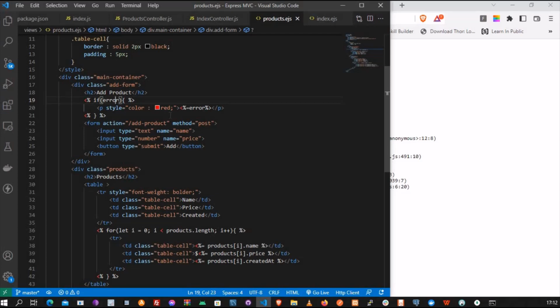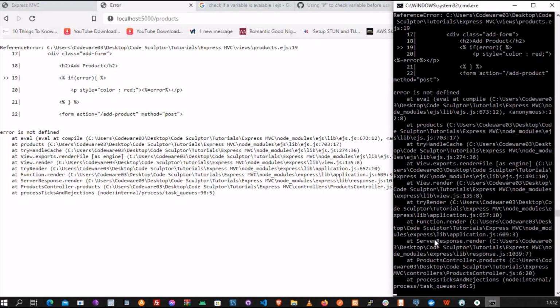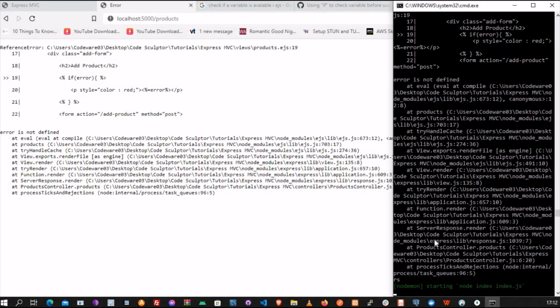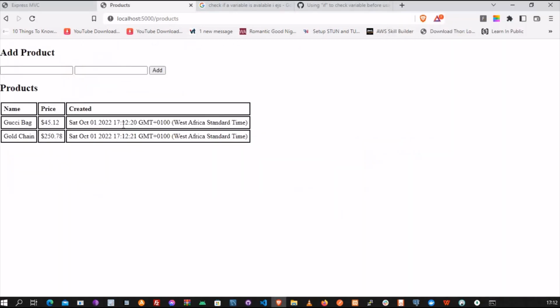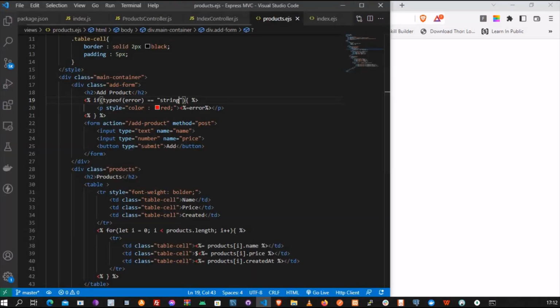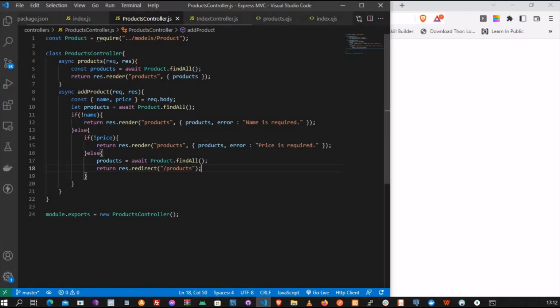So if type of error is equal to string, this is only when we want to render error. So this should do the fix. So we need to restart our application. Once we started, we can now refresh and have all our products here. So basically that's that. If we have the error, we want to render the error, and also want to redirect